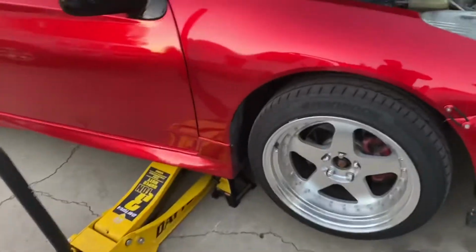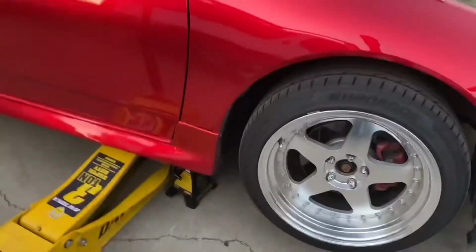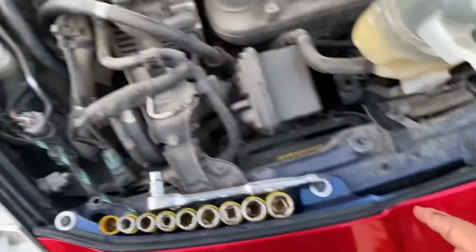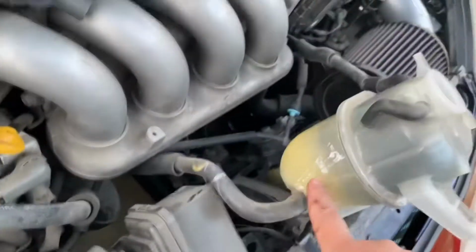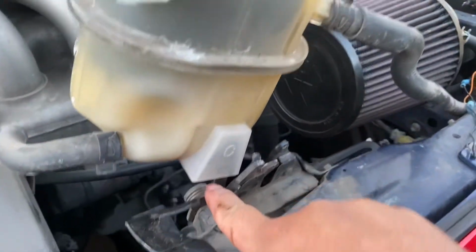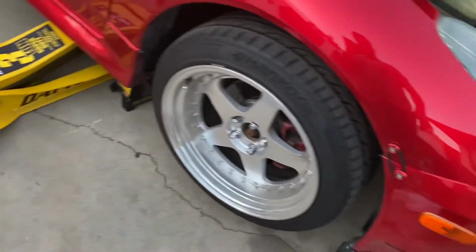Do a coolant flush today. So what you do is you unbolt the screw that goes right here. It's right here, and then you pull this out and hook it right here onto the hook latch, and it stays like that. And then jack up the car like I did, or you